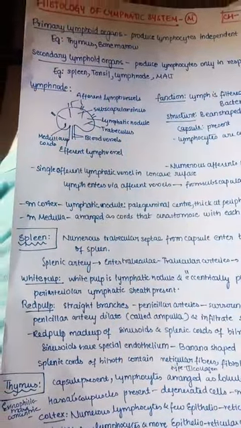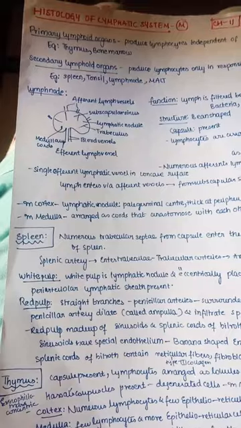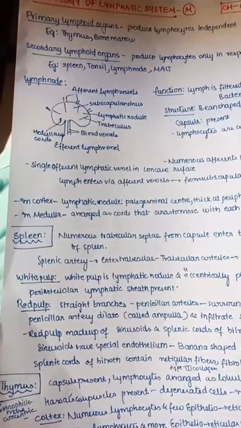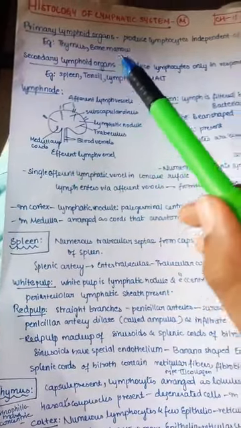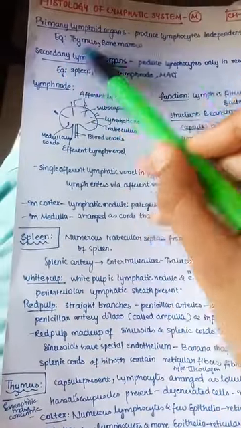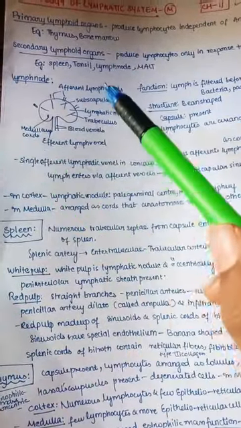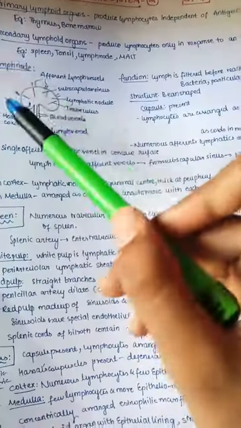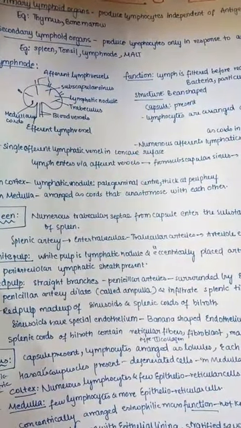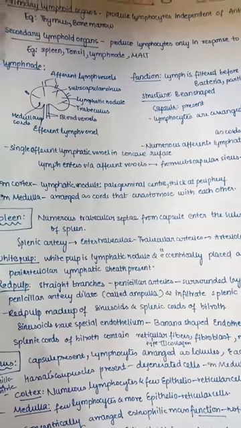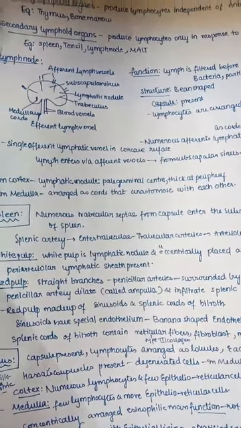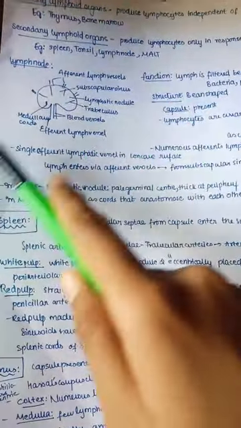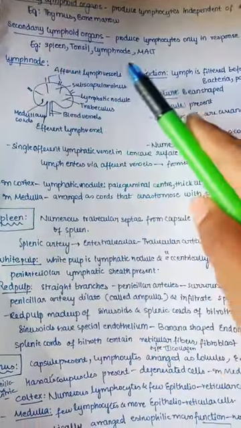We know that from the thymus T cells are formed and from bone marrow blood cells are formed without any antigenic stimulus, that is without any infection or bacteria. So they are independent of antigenic stimulus and are primary lymphoid organs. The secondary lymphoid organs produce lymphocytes only in response to an antigenic stimulus. Those are spleen, tonsil, lymph node and MALT. These are mainly involved in infections with virus, bacteria or any other microbe entering. So the examples are spleen, tonsil, lymph node and MALT.